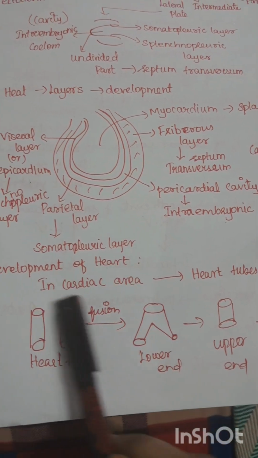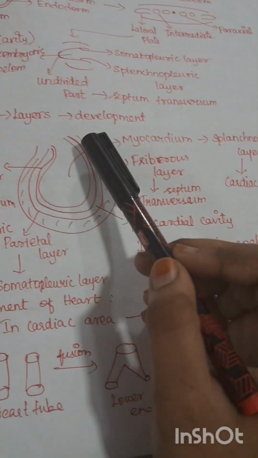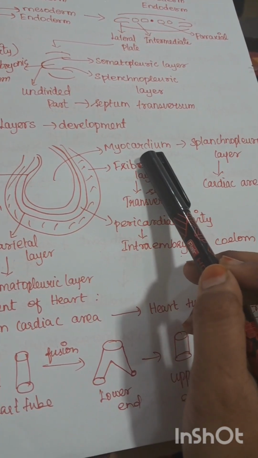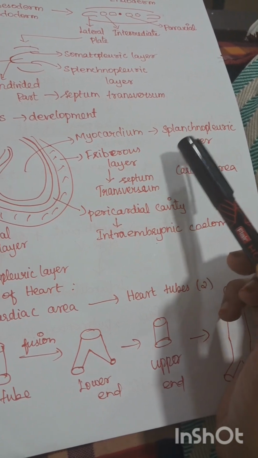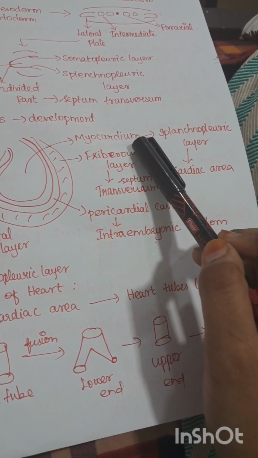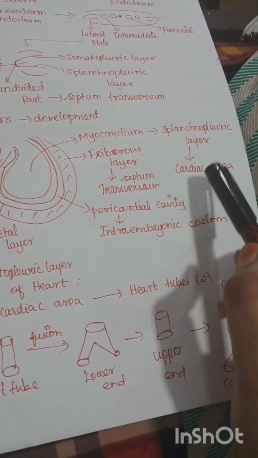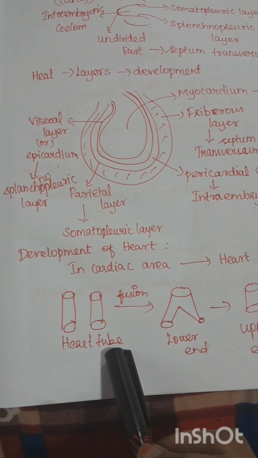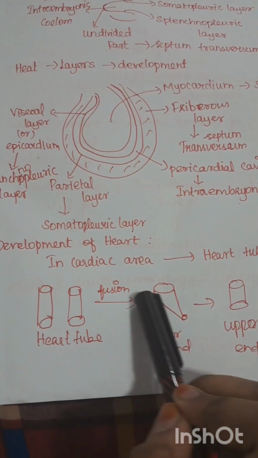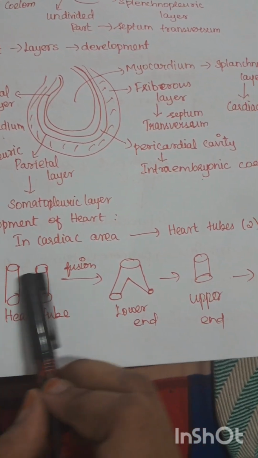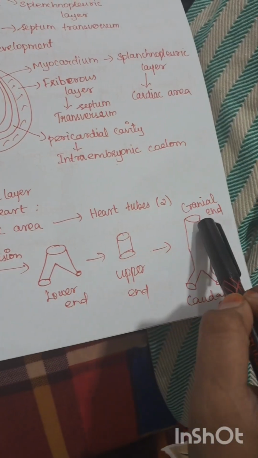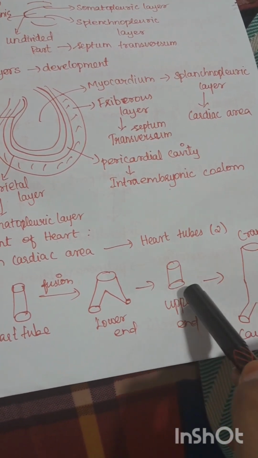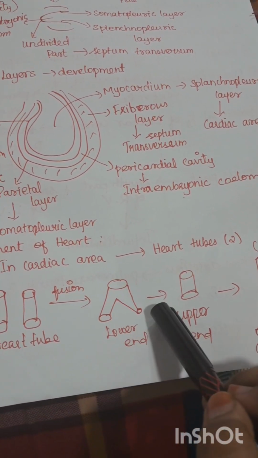So we have a cardiac area. The muscles of the heart are referred to as the myocardium. This myocardium is developed from the splanchnopleuric layer. This splanchnopleuric layer of the lateral plate mesoderm is referred to as the cardiac area. In the cardiac area, initially we have two heart tubes. Again they are going to fuse. In fusion, the upper or cranial end of the heart tube fuses completely,